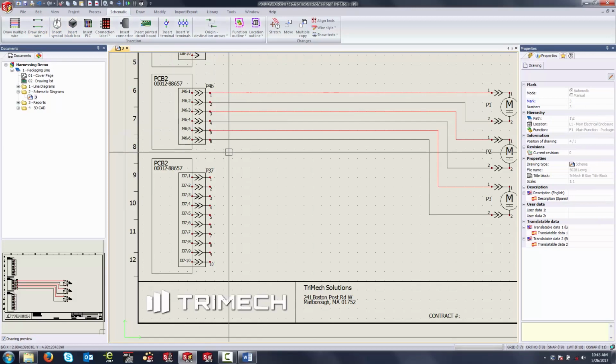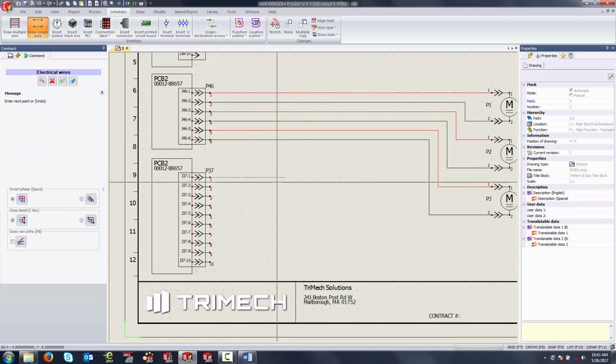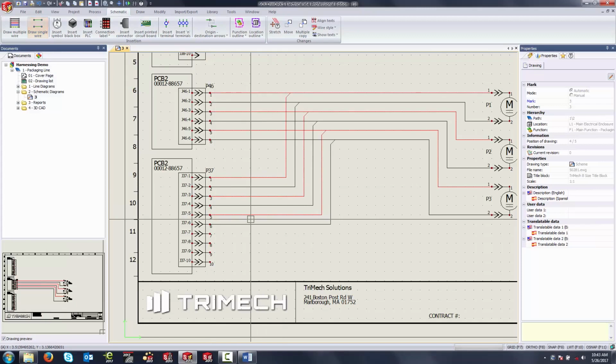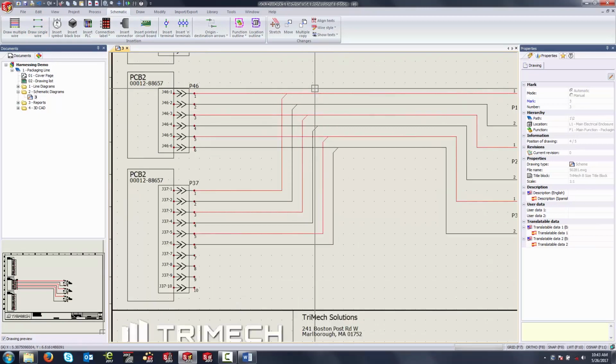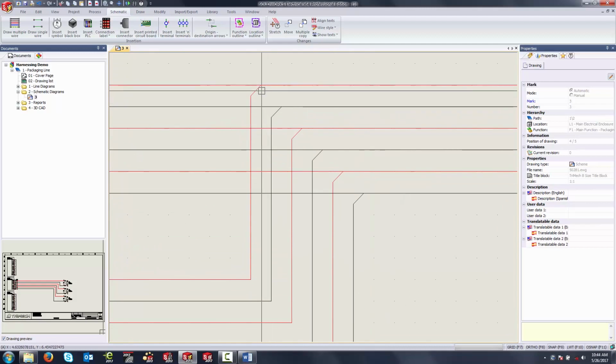So now we'll just finish up the design by connecting this back in to the rest of the schematic. You'll see as I draw these wires, even though I'm drawing with a single wire type, it's going to match the wire style of the connected wires. Now up here, what I can also do, if I wanted to change the direction in which these are attaching,